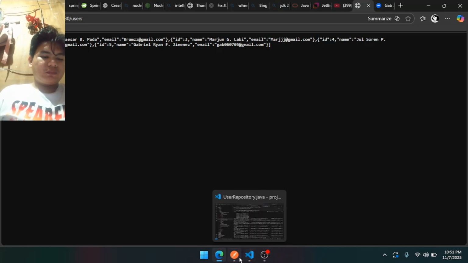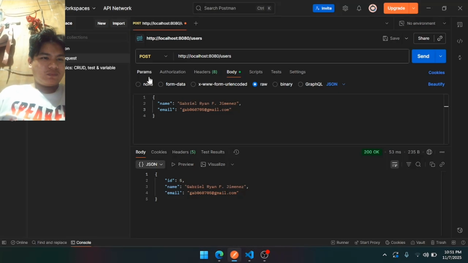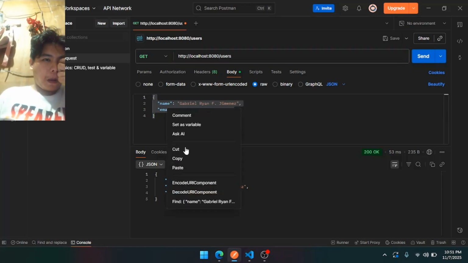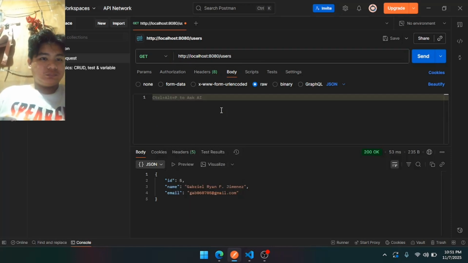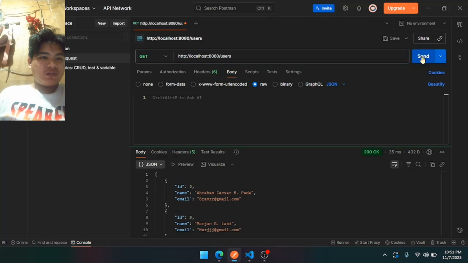After is the read operation, which is GET in RESTful. GET users, so this gets all the users, which shows all the users.